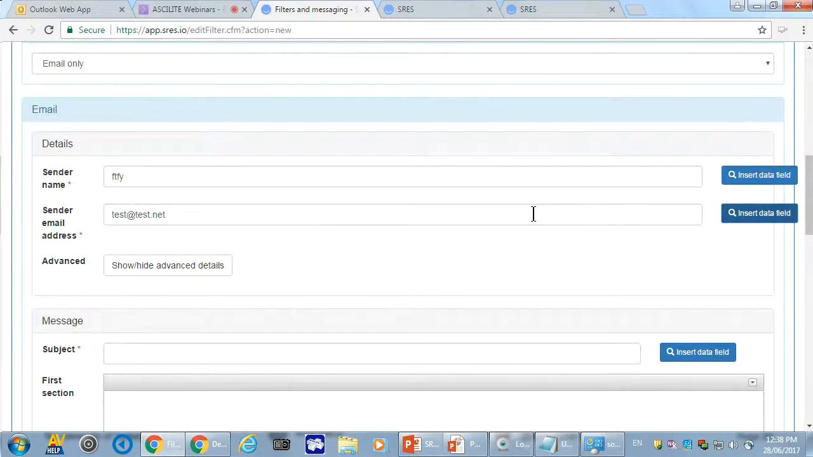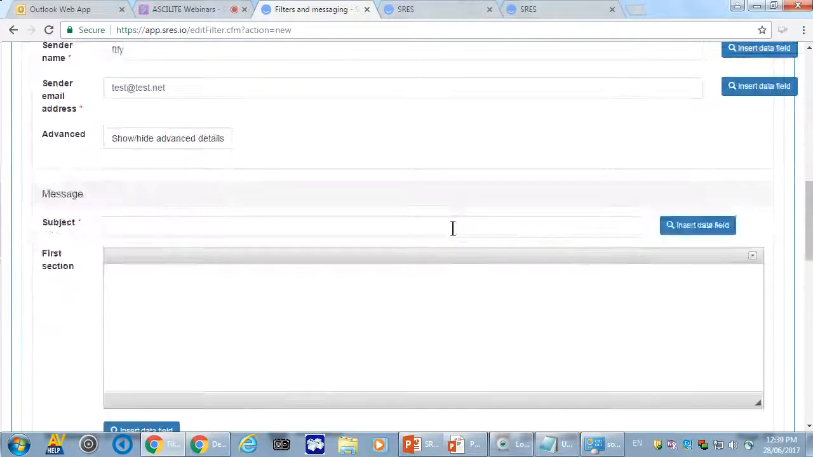So using this system, you can actually insert other people's email addresses here. So if you're the coordinator, you had a team of tutors, you could get the SRES to send the email from the tutors, or look like it's sending the email from the tutor's email account. So when they hit reply, they can actually reply to the tutor as opposed to everyone replying to you. Down here in the subject,